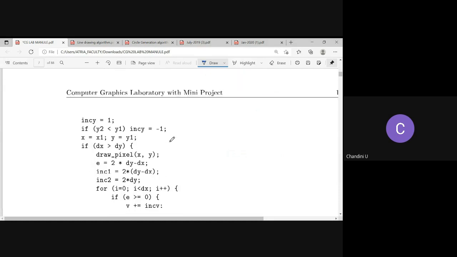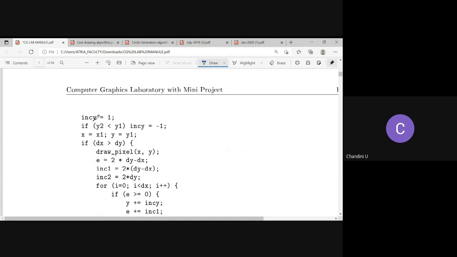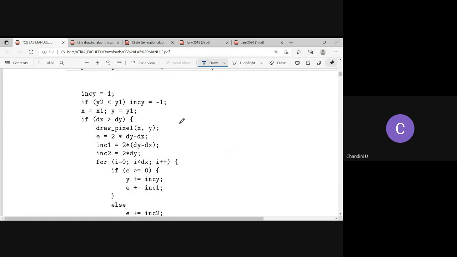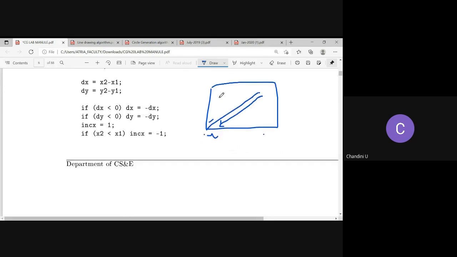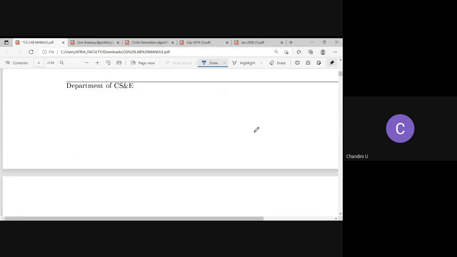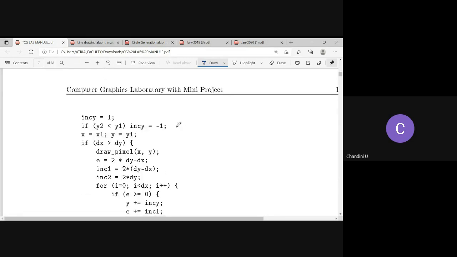All right, now let us set increment y equal to 1, and if it is the other way, it should work in the negative direction, that is, it should be minus 1. That is a possibility, that's all.